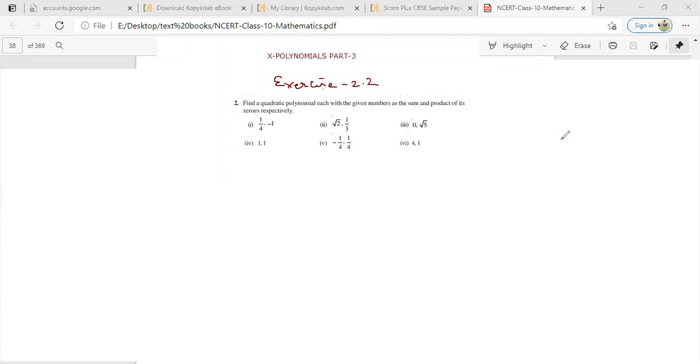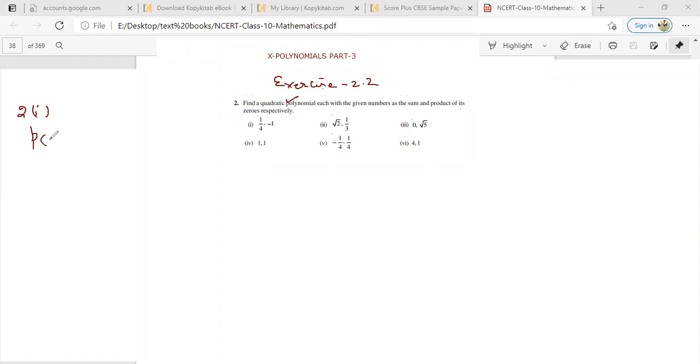We have to do polynomial part 3, exercise 2.2, question number 2. Now, we have to make the quadratic polynomial with sum and product given. Question number 1, sum and products are given. If the sum and products are given, then the polynomial